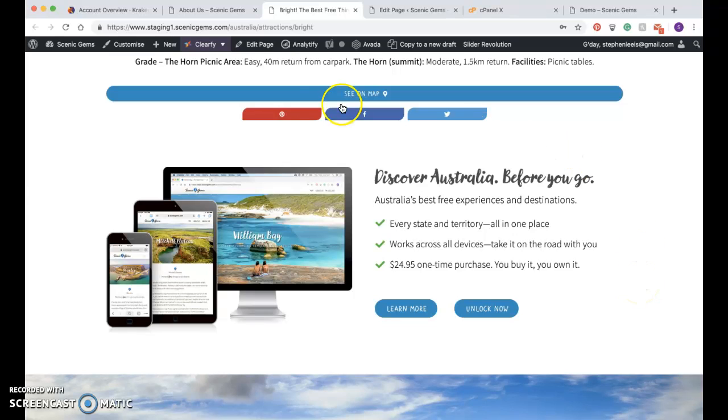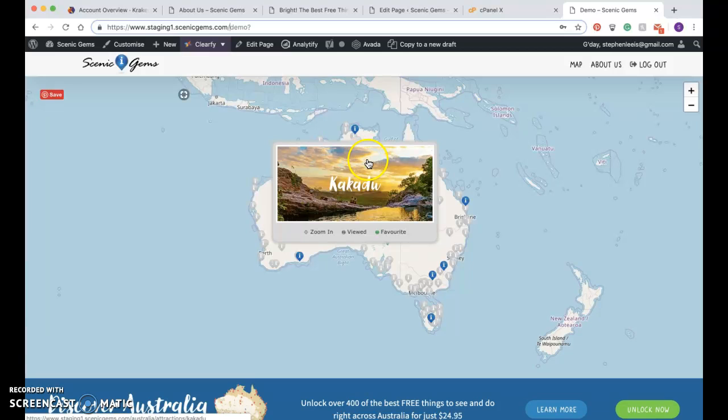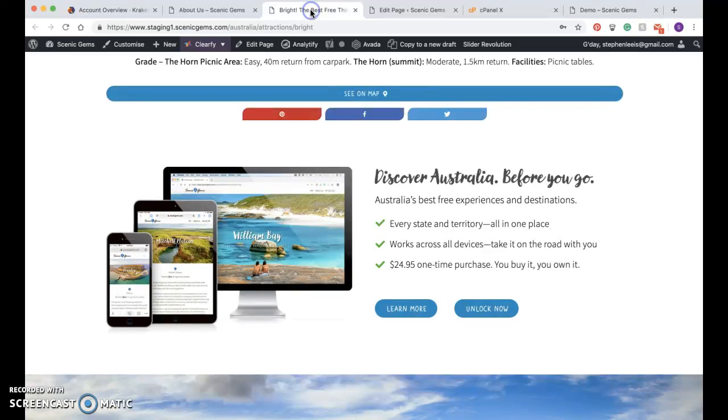On the demo map, we've got 7 pages for people to try absolutely free. By clicking on these, they'll go to that page, and then on any of those pages, I'm going to have